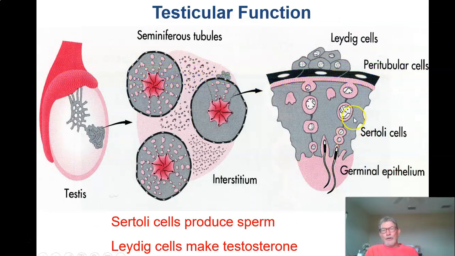So while these guys are making testosterone, these guys are getting rid of the female ductwork by making anti-Müllerian hormone. Here we have Sertoli cells surrounding the apparatus where you take your basic sperm stem type cells and make them more and more developed until they become spermatids, which are the ones that are still stuck to the tissue here, haven't been released into the tube yet. Sertoli cells support the production of sperm. Remember, Leydig cells make testosterone. They're on the outside of this mess here. They're going to make your androgens.